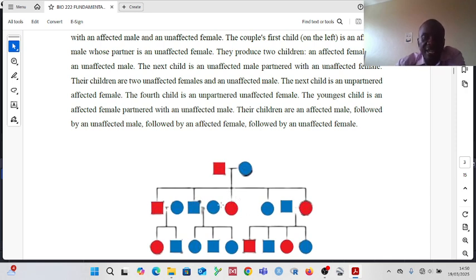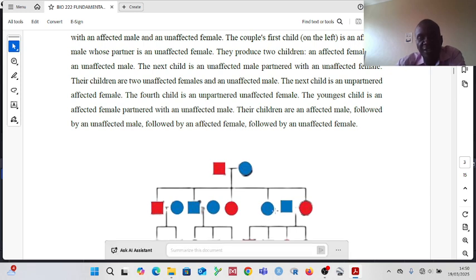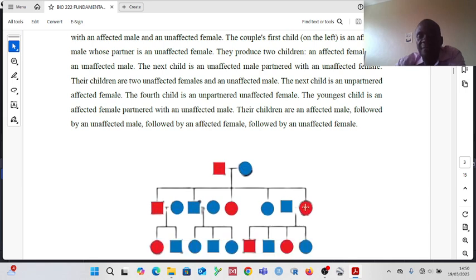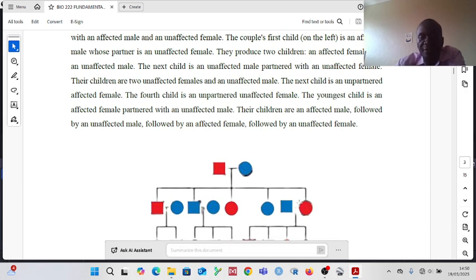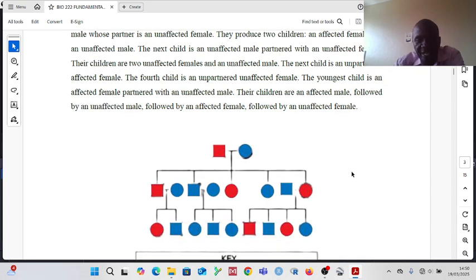The third child here is a daughter or a female who is affected. Then the fourth is a female who is not affected. Then the fifth is a female who is affected. So as you would expect, these children, they end up also marrying so that they can give birth. So the father and mother gave birth to 1, 2, 3, 4, 5